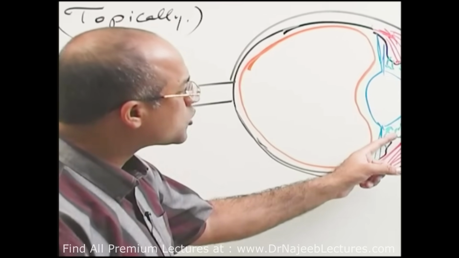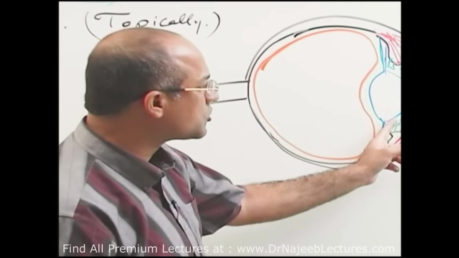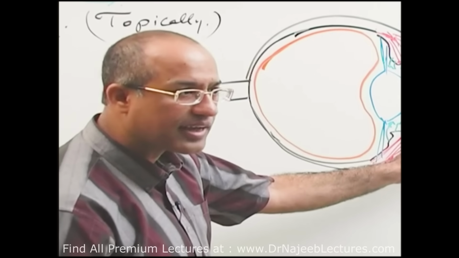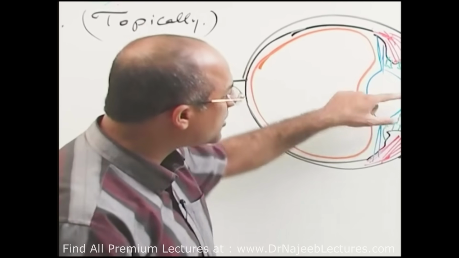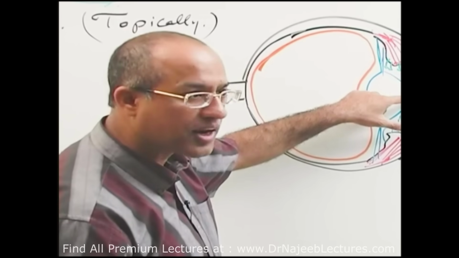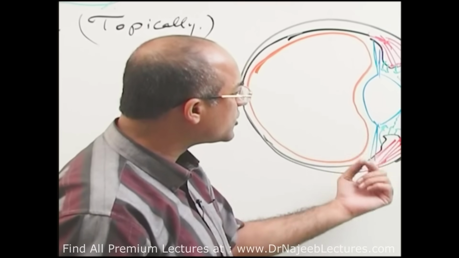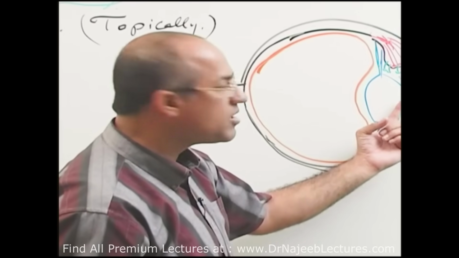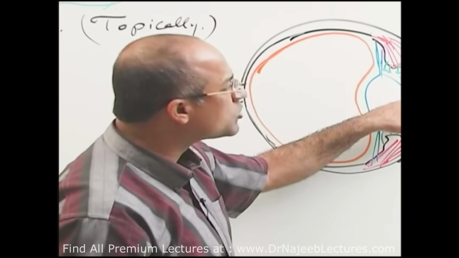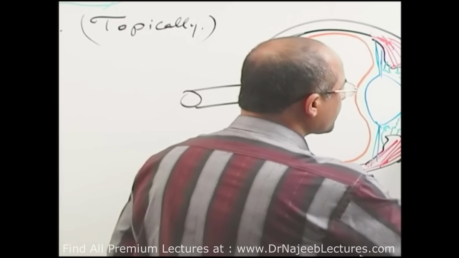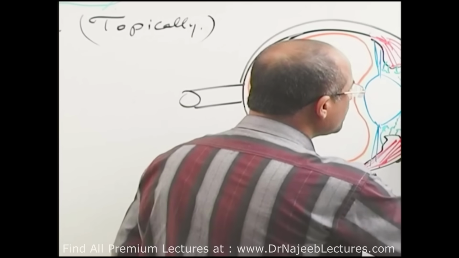It is moving through the posterior chamber. The posterior chamber is behind the iris, and the anterior chamber is in front of the iris, and the posterior and anterior chambers communicate through what? The pupil. So aqueous humor is secreted in the posterior chamber, moves towards the pupil, and through the pupil goes anteriorly into the anterior chamber, and there it moves to the